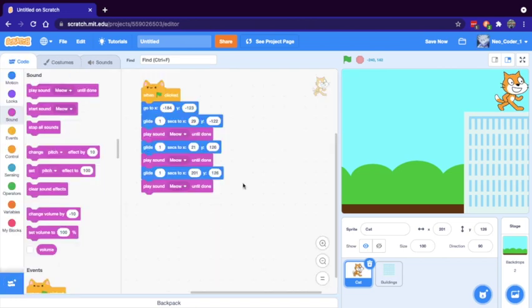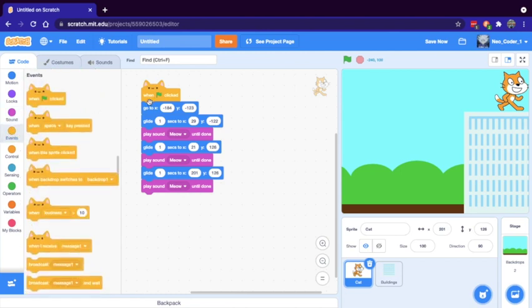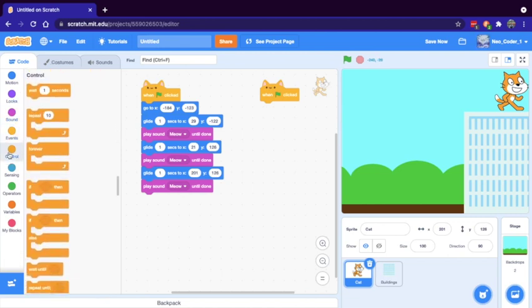So what you want to do is go to the events, or you can also put the block here. But I am taking another one to help you understand more completely. So now go to controls. We are going to use the forever block, which is a loop that does something forever.